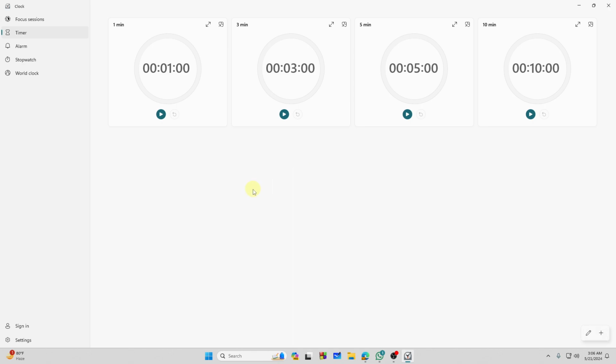You can customize a timer by tapping on the right upper side. From here, just right tap on it, and you can tap on edit to edit any of the timers, or if you want to update or add a new timer,